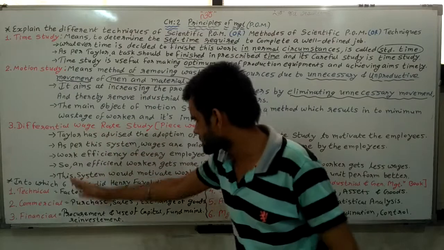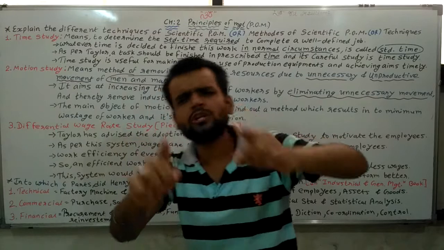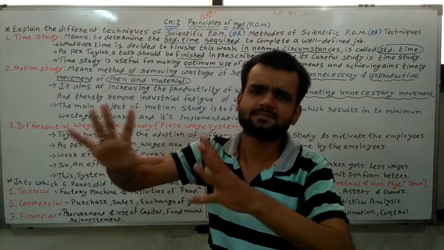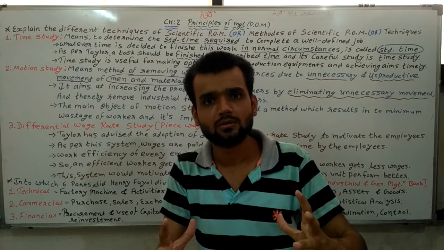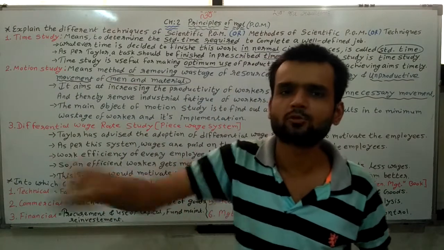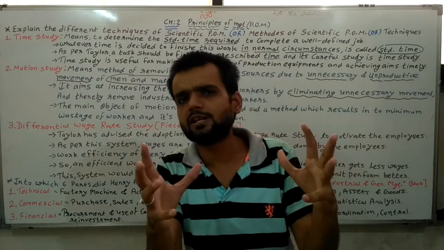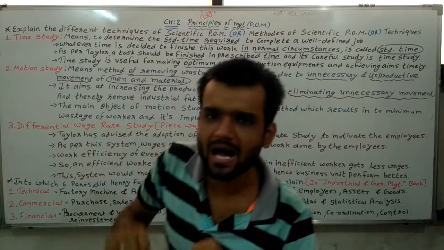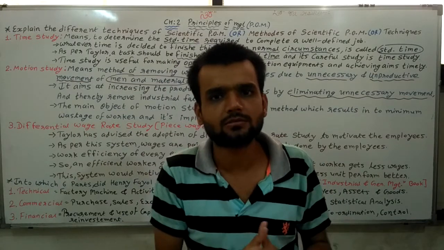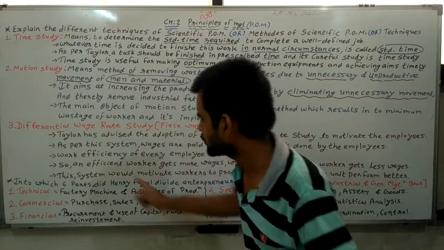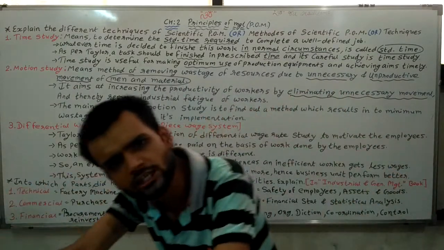So first of all, to understand all these things, think you need to open your factory. You want to start, you want to manufacture something, and you want to start your business. Which activities do you need to do? What do you need to buy? How many employees are required? Which departments are required? Think about it, so that you can automatically understand all these things. These 6 parts are related to that only.